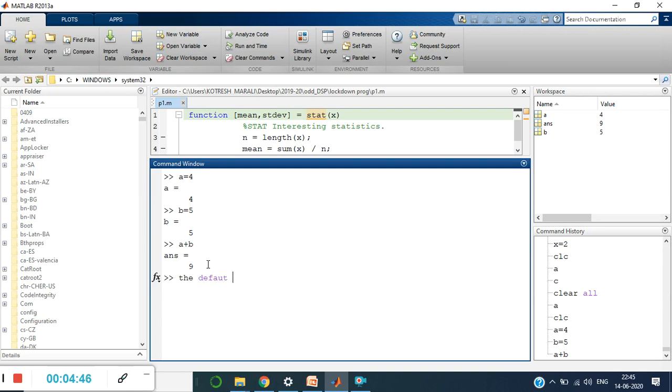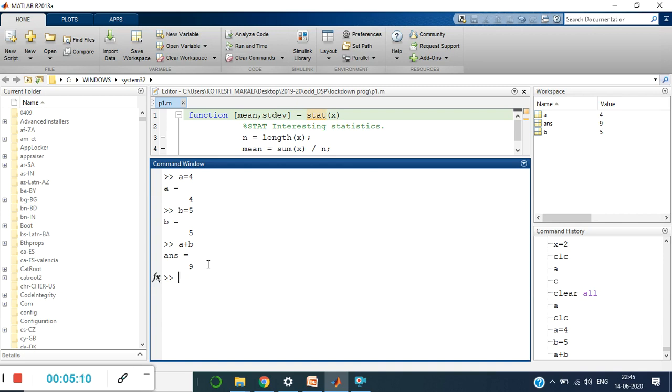MATLAB's default variable is answer. ANS is the default variable.